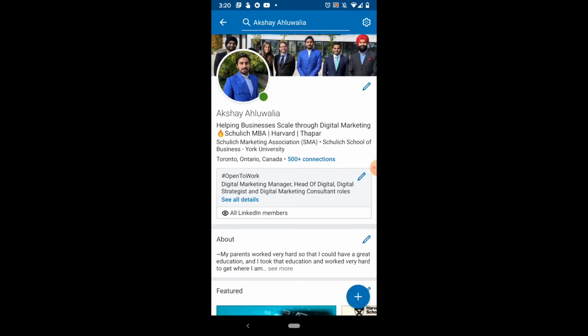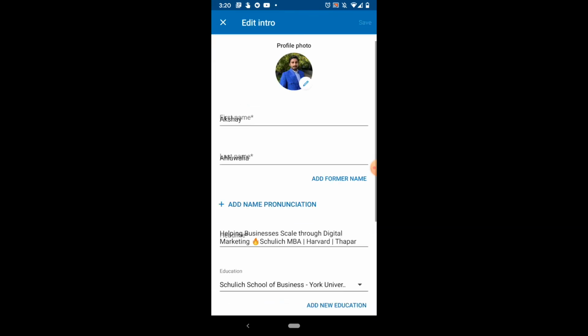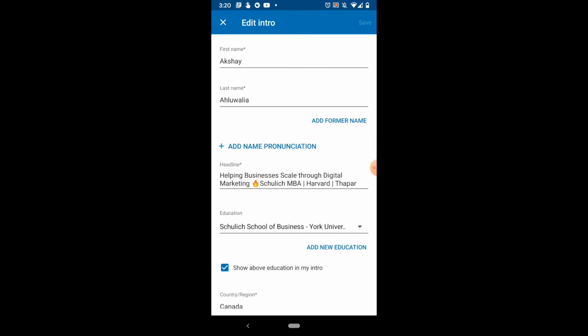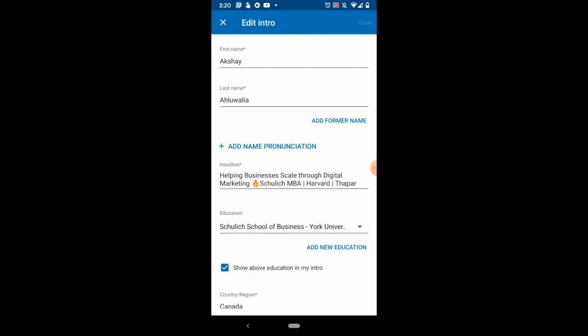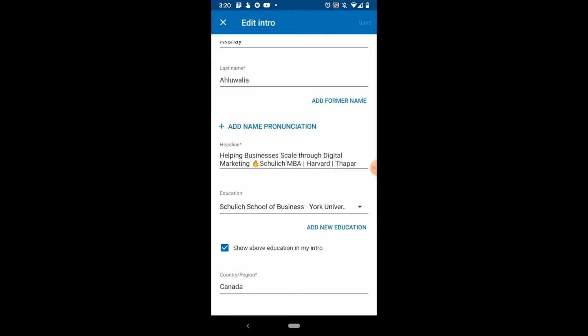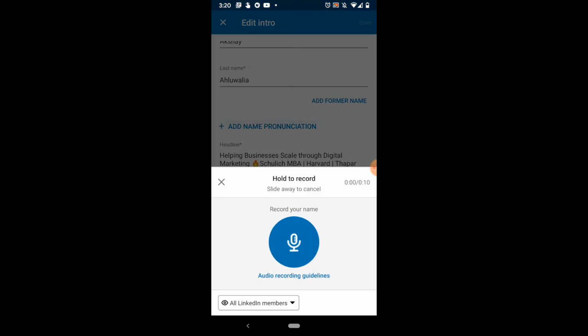I can see my profile opened, and I will click on the edit button, and as soon as I click on the edit button, I can see an option of add name pronunciation, and I can just click on this and I will allow LinkedIn to record audio. And then as soon as I click on add name pronunciation,